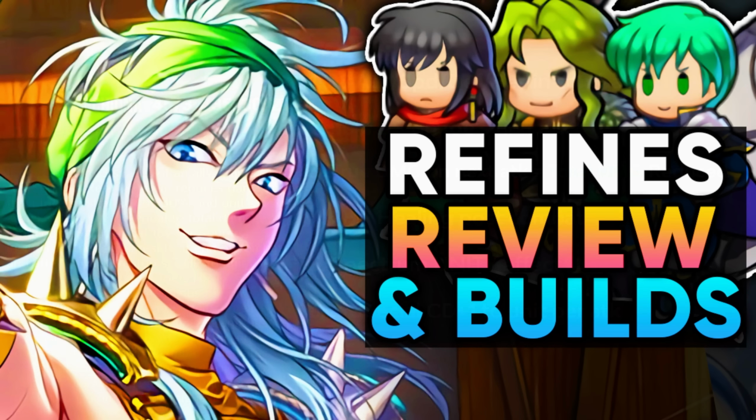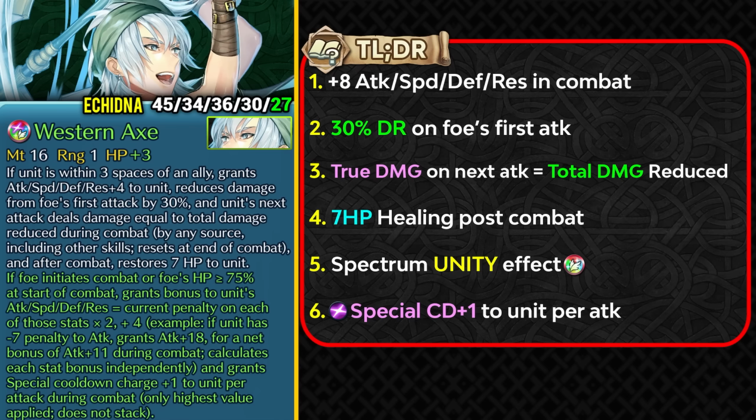So Echidna got a really amazing weapon refine, which I didn't really expect honestly, and she gets +8 to all of her stats with this weapon in combat and also gets 30% damage reduction on foes' first attack, and then she can get true damage on her next attack depending on the total damage that she has reduced. So this is basically the damage reflection that we have seen on Hans before, and it's pretty much like the ice mirror effect, but the damage reduction is pierceable,